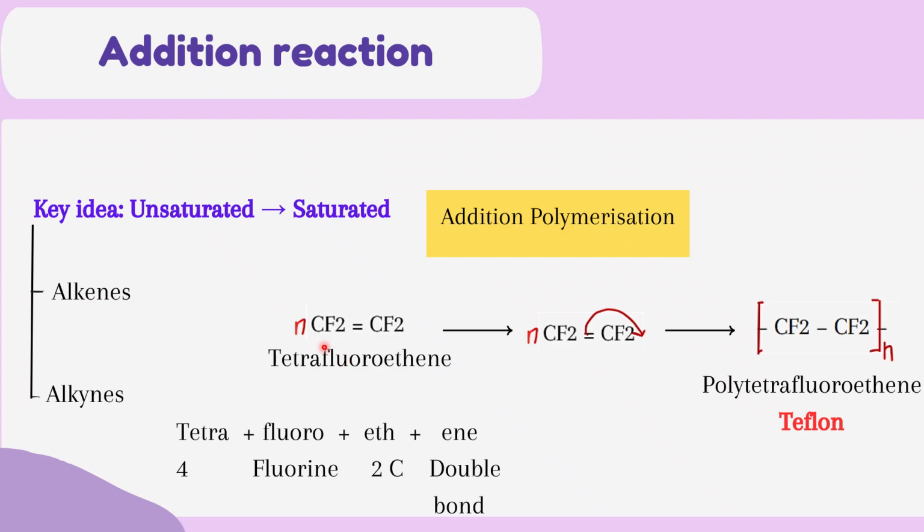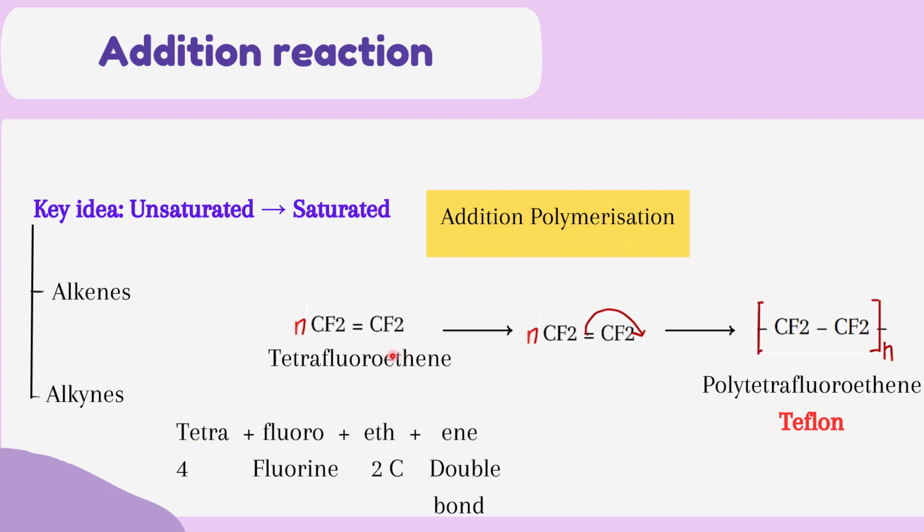So Teflon, we prepare Teflon from this reactant. As you can see here, I have 4 fluorine, so I will write it as tetra. And since I have fluorine, I will term it as fluoro while naming. And since I have 2 carbon atoms, I will write it as eth. And as there is presence of a double bond, we will write it as ene. So the whole name of this reactant is